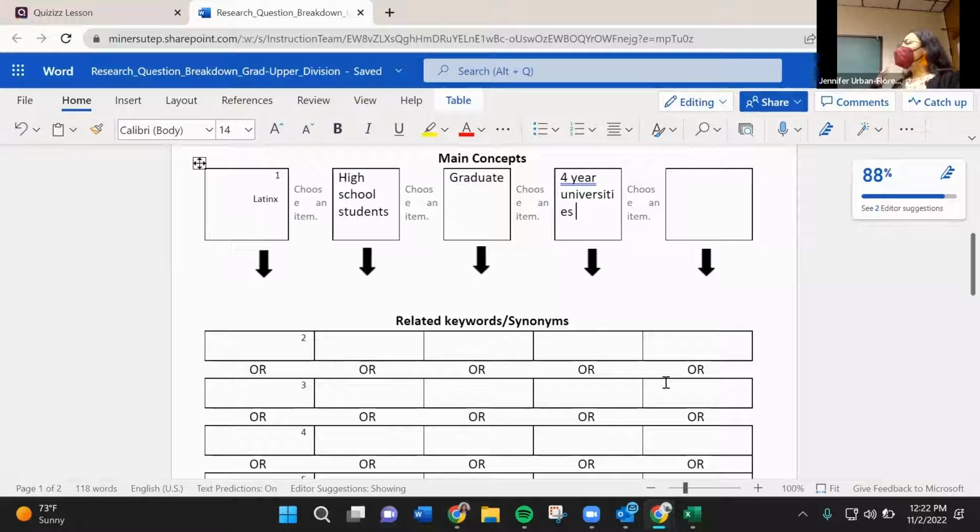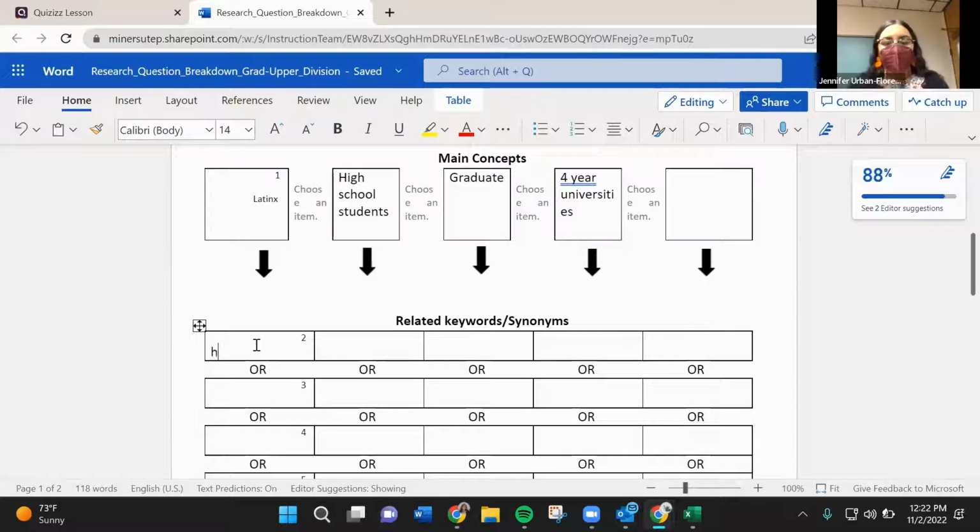Okay, more often than not, when we conduct our searches, we find that maybe we're hitting a wall, right? We find that we aren't getting enough sources based on this one term that we're using, or we're not finding enough research based on the way that we're posing our question. So having different concepts and related synonyms really helps us understand and see where the literature is coming from, what it looks like, and maybe how these words are changing. So if I have my question and I see that the literature isn't using the word Latinx, maybe I'm going to try switching it up, and I can think of synonyms that might work a little bit better.